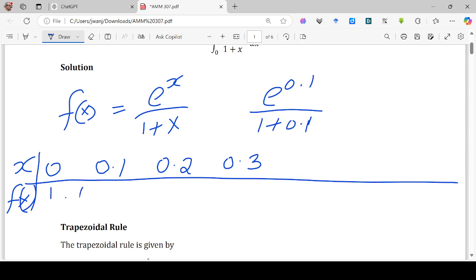You can get a value of 1.0047. Similarly, when x is 0.2, we substitute and we get 1.0178, and so on. When x is 0.3, the value of the function is 1.0354. So we tabulate this function. When x is 0.4, we have,